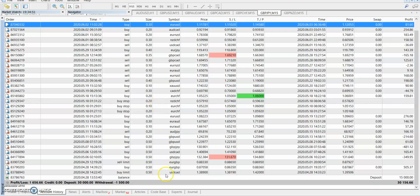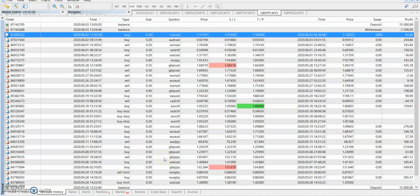There are no high frequency trades. It's not over trading. It's pretty much a clean sheet, as we say, selective trading. So I'd like to talk about his journey and show you how he got there, how he made the 10% return. So if we first look at the pairs, the instruments he's been trading,